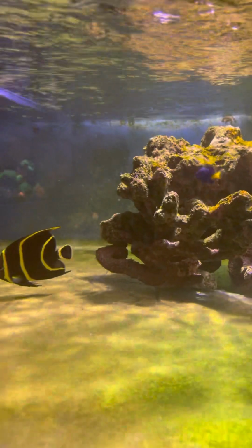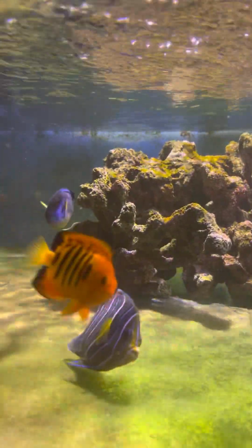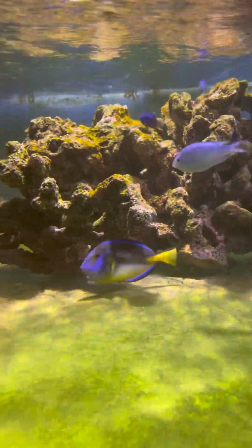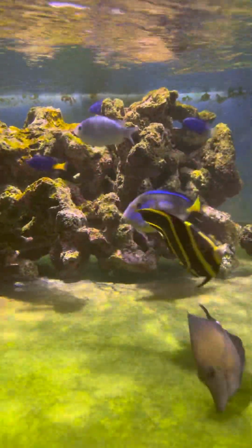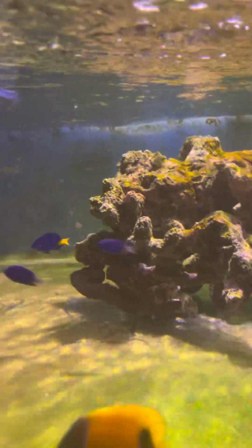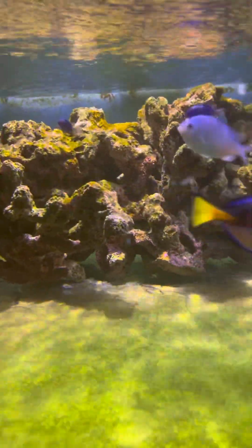I've been keeping regal tangs since the 80s, and I don't really have any issues with them. Odd times they've had white spot, but it's quite straightforward to cure. I have UVs running on the tanks. UVs don't eradicate white spot. I mean, they do damage its DNA if they pass through the UV unit, but